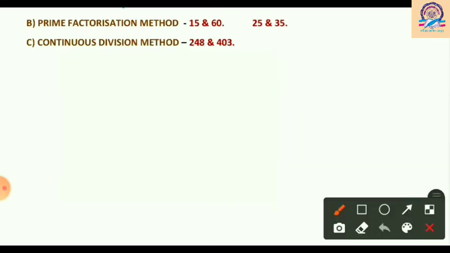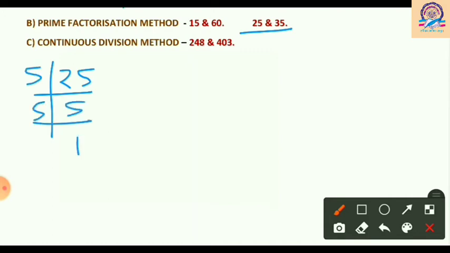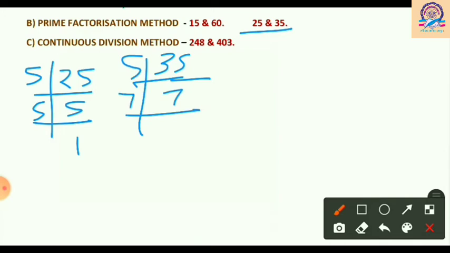Now the next numbers are 25 and 35. Let's use the prime factorization method to find the HCF of 25 and 35. Once again I will write 25 and start to divide it using the prime numbers. You know that 25 is not divisible by 2 and 3, so come directly to 5. So 5 fives are 25 and 5 ones are 5. Now we got 1. Now next, 35. 2 and 3 cannot divide, 4 also cannot divide, so come directly to 5. So 5 sevens are 35 and 7 ones are 7.